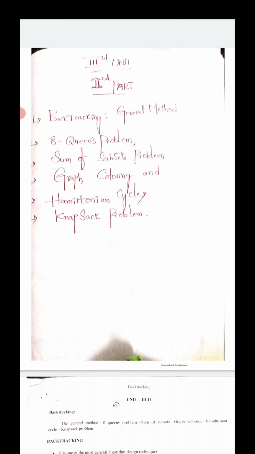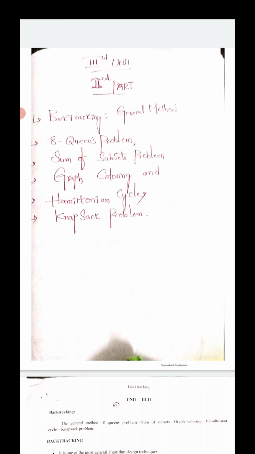Here we see many problems in backtracking which deal with searching for a set of solutions, or for an optimal solution. Optimal solution means we want to search for the best and most favorable solution for satisfying some constraints, some conditions. It can be solved by using the backtracking formulation.